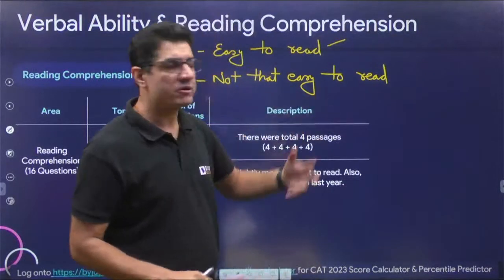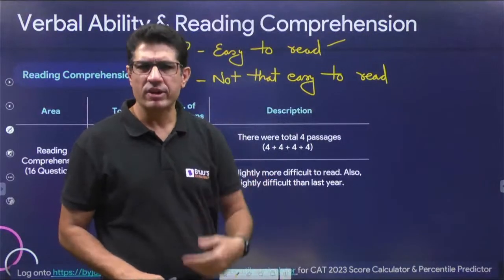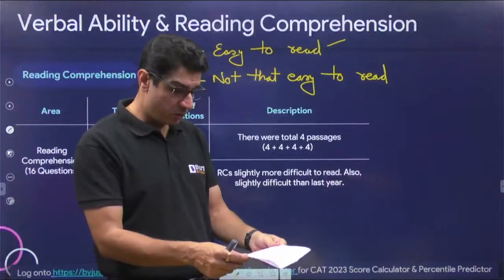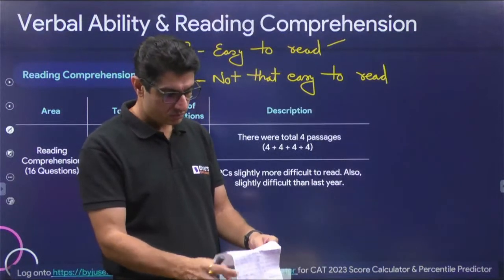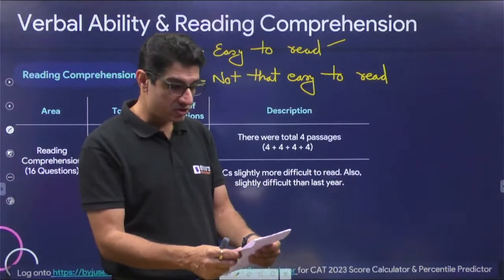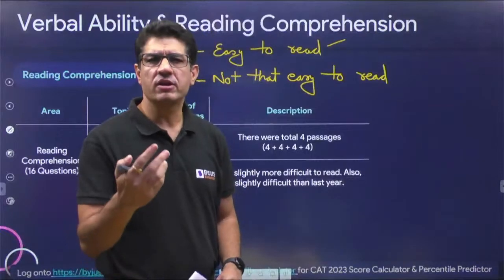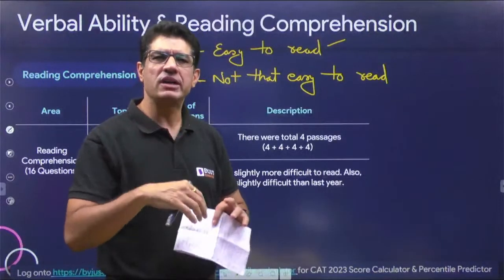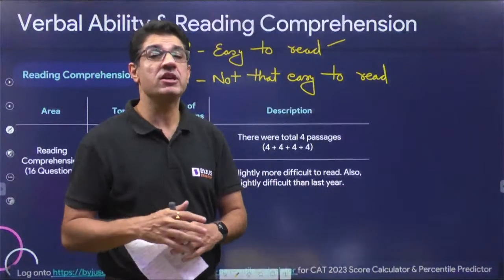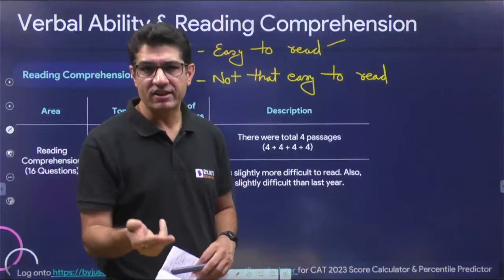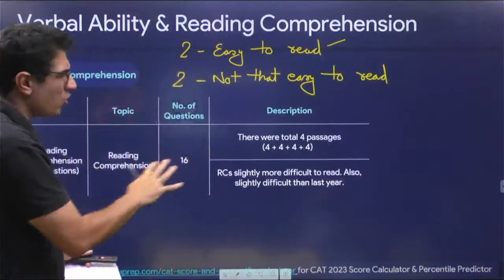The 2 that were tougher to read were one that talked about history, positivists and the way they look at history, and the other one was a book review where the author of the book talked about liberalism and how it is declining, but the author of the passage disagreed with that particular assessment. So that's the overview, right?